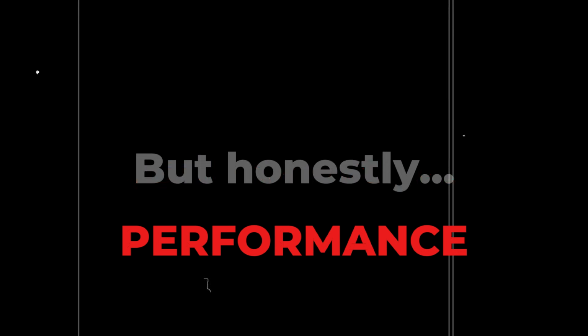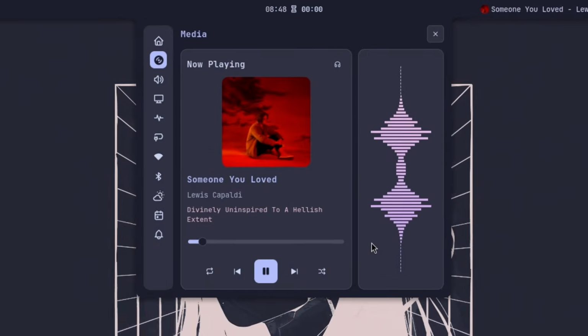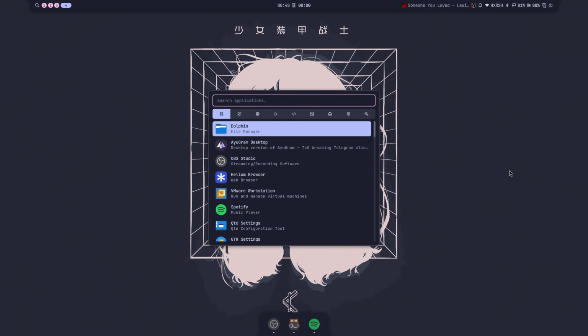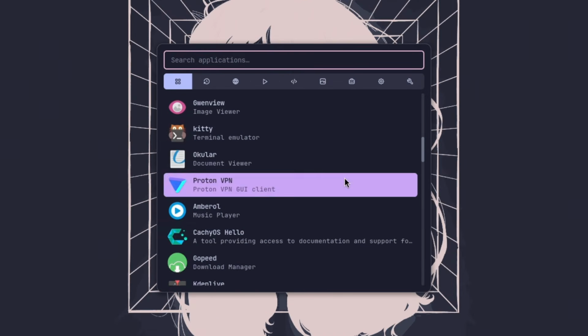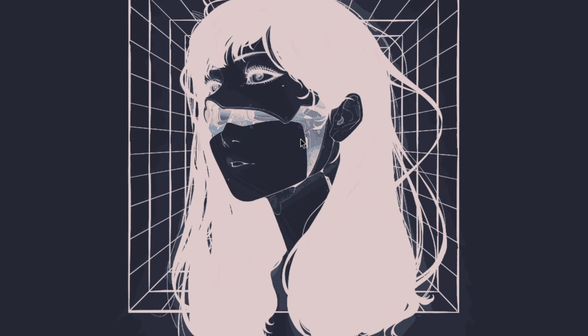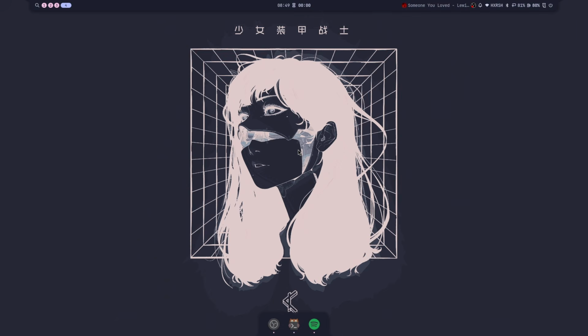But honestly, performance isn't even the biggest reason I like Noctalia. It's the overall experience. For example, look at these music animations. They look really cool, but they aren't taking over the entire screen. And this is the application launcher. Everything's there when I need it, and when I don't need it, it basically disappears. And that's probably my favorite thing about Noctalia. I have tried quite a few shells recently, and some of them have an insane number of features, and that's really cool if you want that.